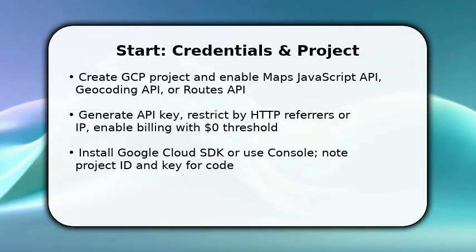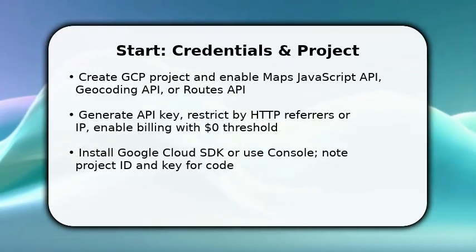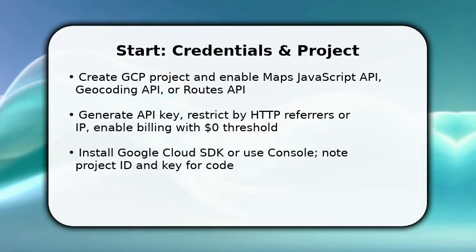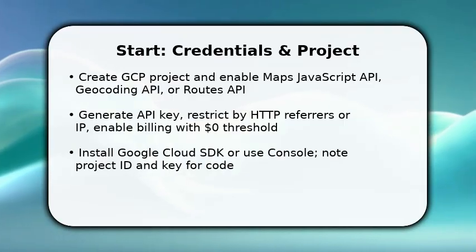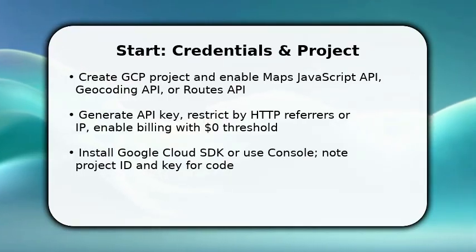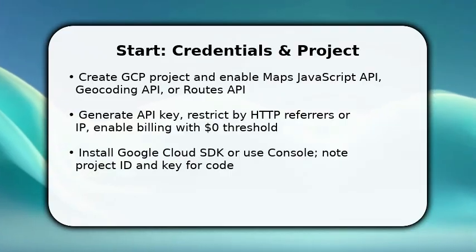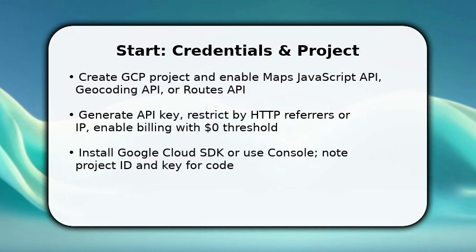You begin by preparing credentials and a focused project. Create a GCP project, enable the exact Maps APIs you need, and generate an API key. This is the single string your app will use. Once done, restrict the key to HTTP referrers or IPs to protect usage and enable billing. Maps requires a billing account even for free tier usage. Make sure to record the project ID and key, and optionally install the Cloud SDK for command line control before